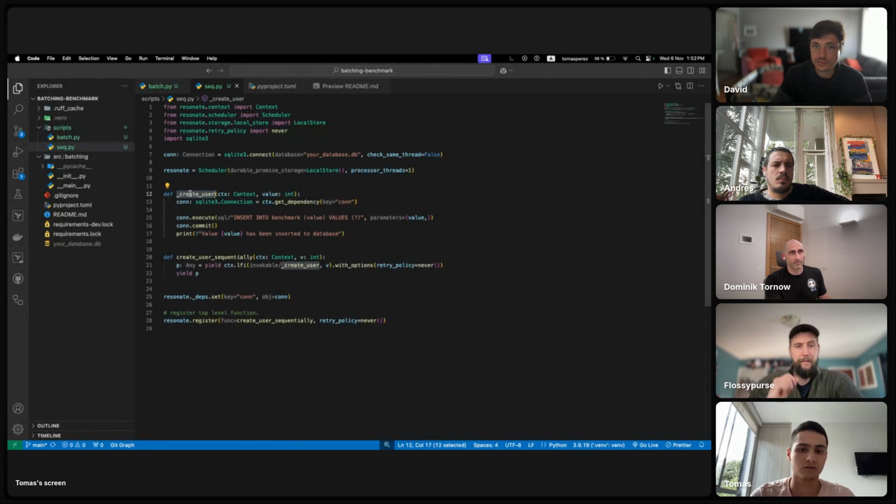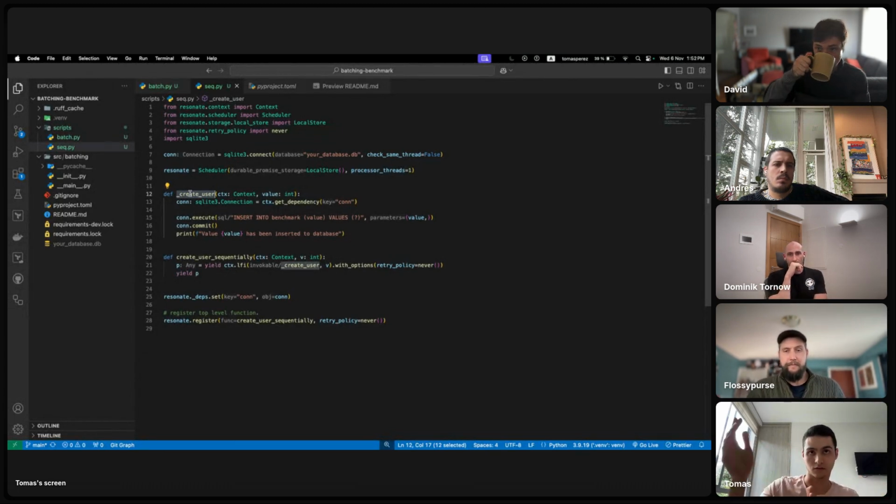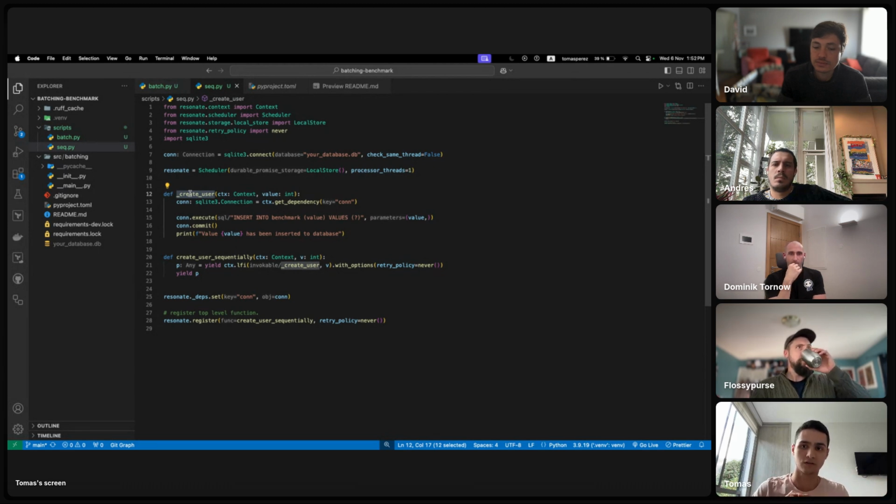With Resonate, we want you to be able to take advantage of batching, not only in a sequential manner. That's the easy way, when you have all the data you need available in the same use case. But also, if those use cases are happening concurrently, then you can batch all together without needing to coordinate yourself, because we coordinate all the data needed for that on the SDK side, and then you take advantage of batches.